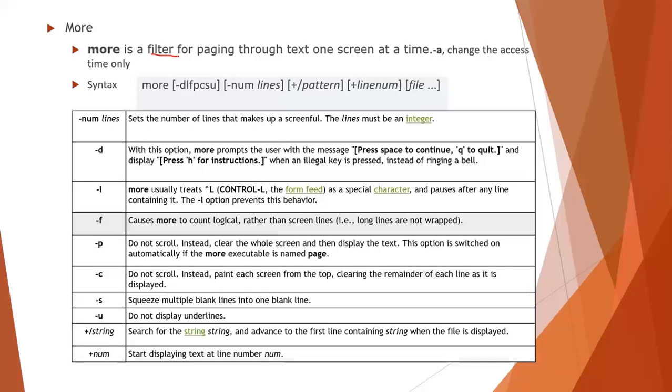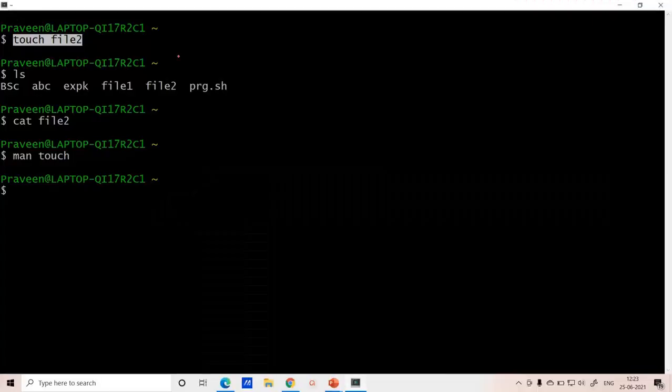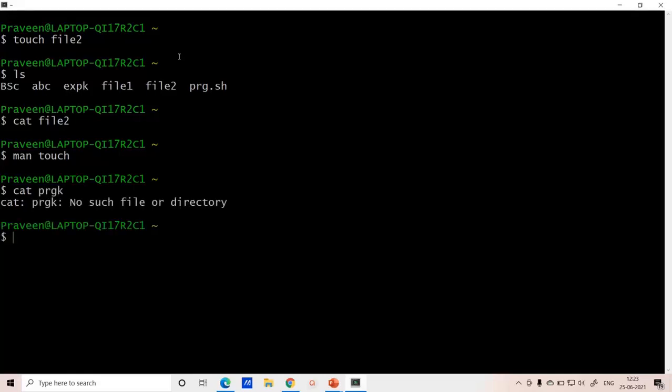Say, for example, I have already created a file, so I'll just display it, called prg. The file does not exist, so you can see we have many files. I'll display abc, so I'll use cat space abc.